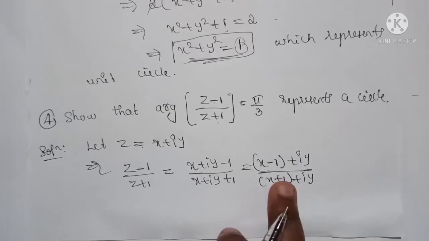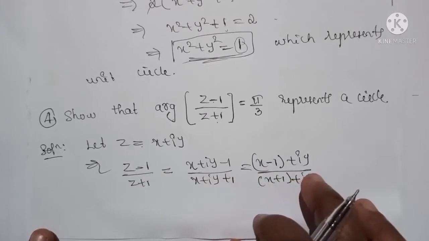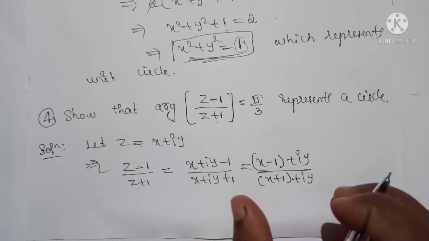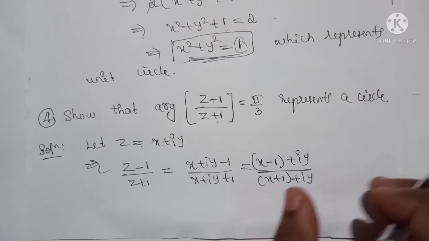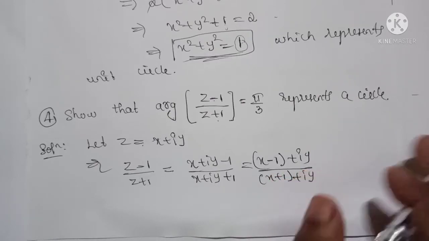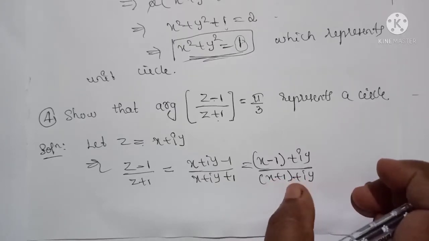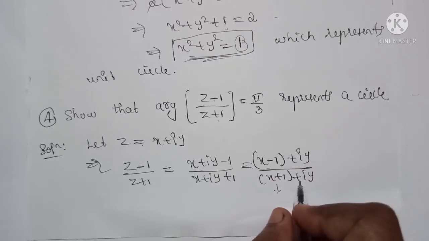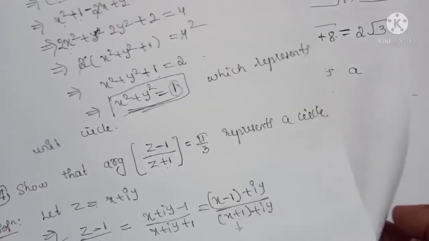So this is the simplification of this one, but it is still not in the a plus ib form. So in order to represent a plus ib form, we have to consider the conjugate of the denominator, and by multiplying and dividing the denominator's conjugate, we can express this quantity into x plus iy form. So therefore we consider the conjugate of this one. Conjugate is nothing but we keep the real part as it is, only we change the sign of the imaginary part. Okay, that is divide and multiplying, we get